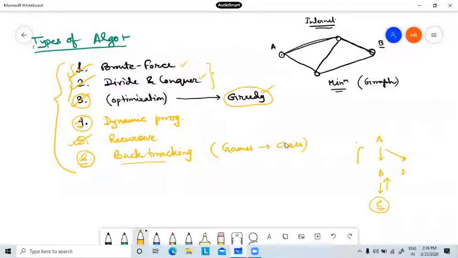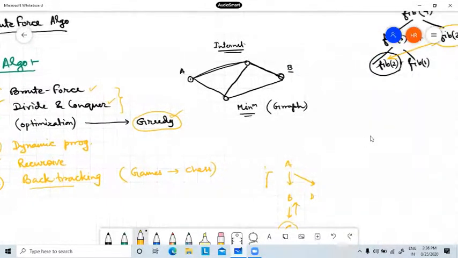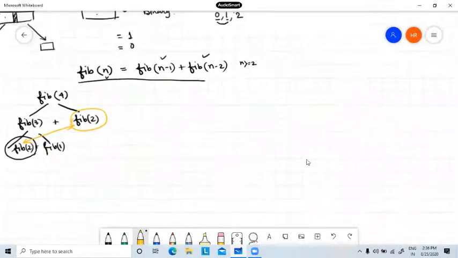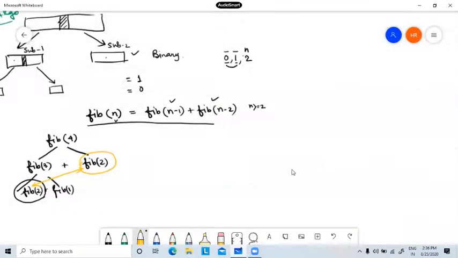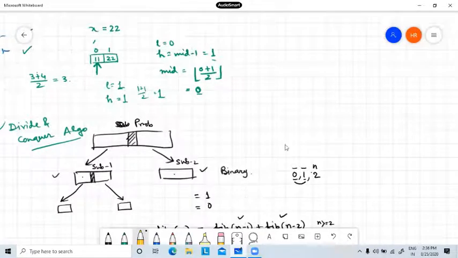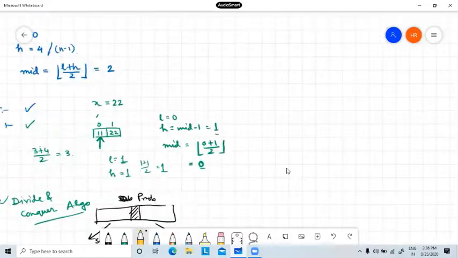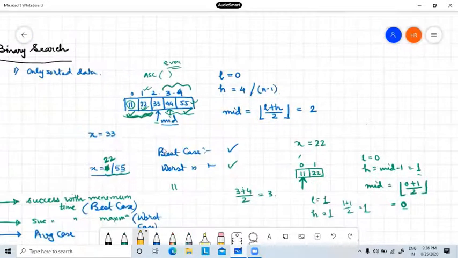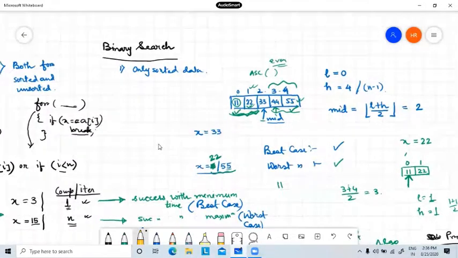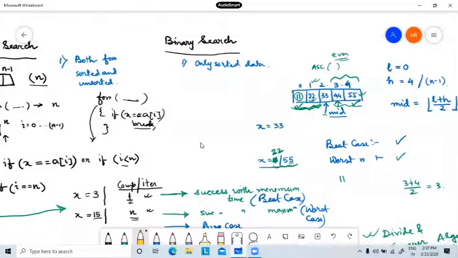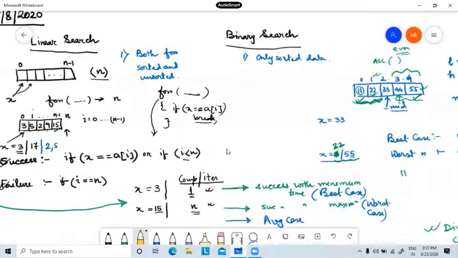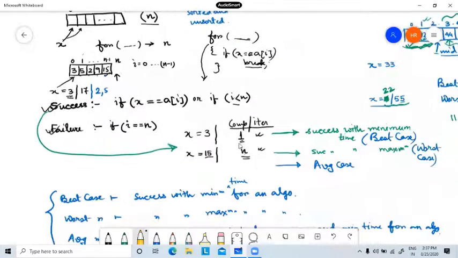So with this, I am now coming to how to measure the time complexity. We have seen how to measure the time required by an algorithm. What time is required for binary search? We have seen it is mainly n minus 1. Sorry, n. In case of linear search, what is the time required to solve the problem? Since the for loop is running n times, it is n.